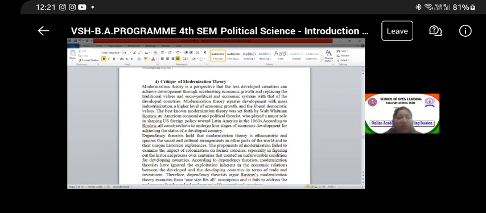So when he furnished this kind of an idea, obviously the reaction from Latin American thinkers emerged in the shape of dependency thinking. So according to Rostow, all countries have to undergo 4 stages of economic development to achieve the status of a developed country. First, the traditional stage, where they have a primitive economy. Second is the takeoff, where they start learning how capitalism works and a little bit of industrialization comes to them. Third is a stage of technological advancement, where technology is introduced. With the help of technology, they try to become modern.